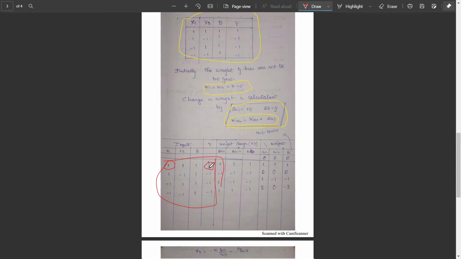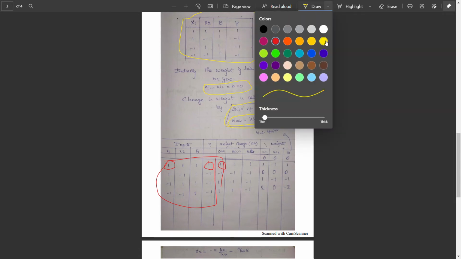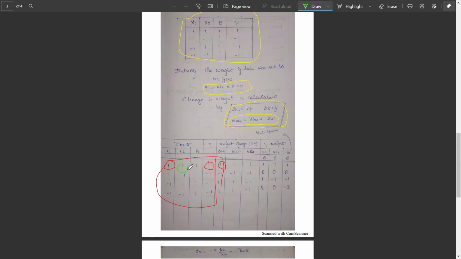Similarly, I'll change to another color. In the same manner, multiply x2 into y for Del W2. Similarly we need to multiply for all the other rows, as I will be giving another example.